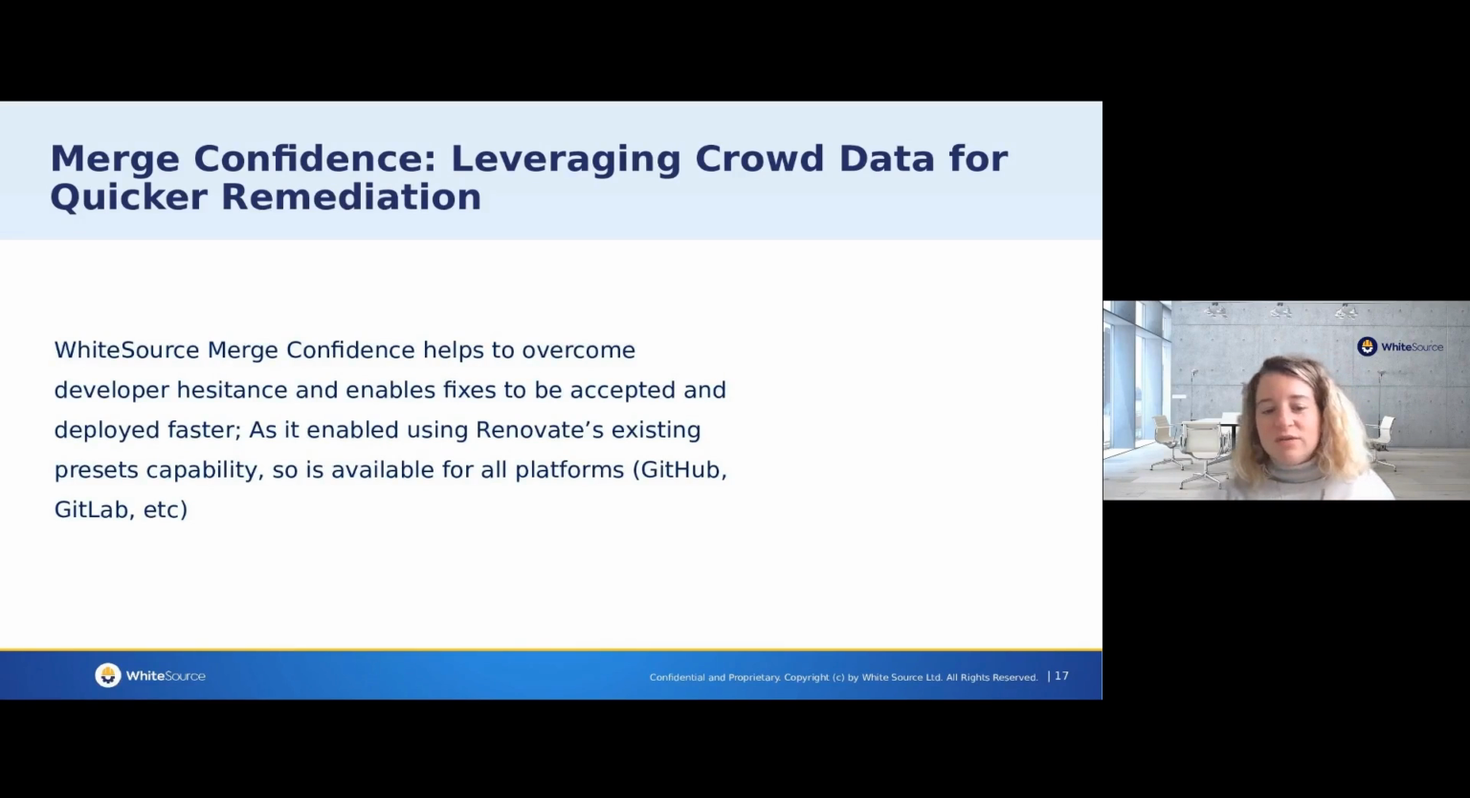Renovate actually uses its existing capability to let you know what is the overall confidence of other users in this version. And maybe to better understand that, I can show you a quick example by sharing my screen. So when I actually see the merge confidence feature,